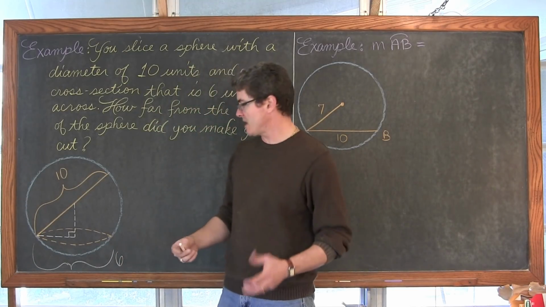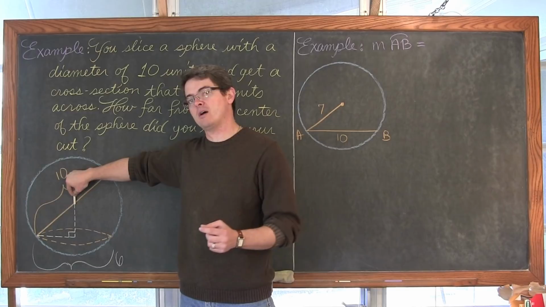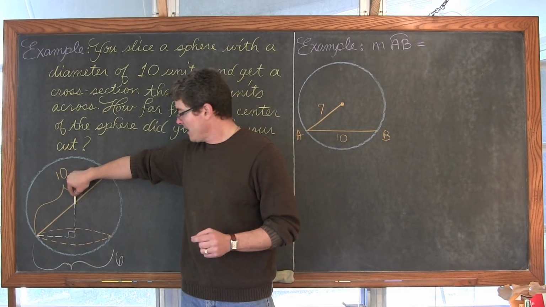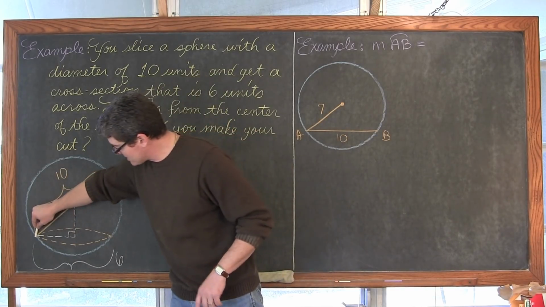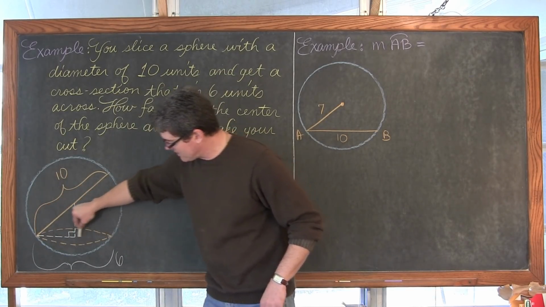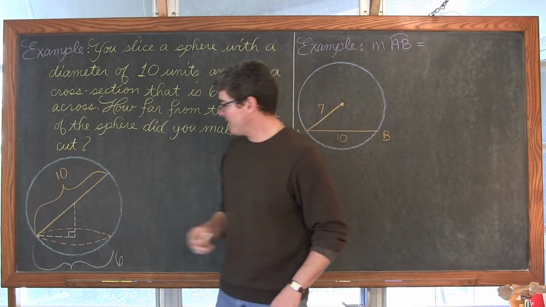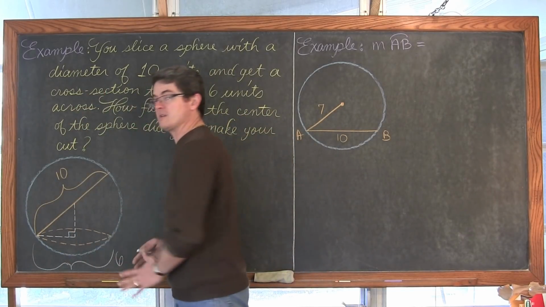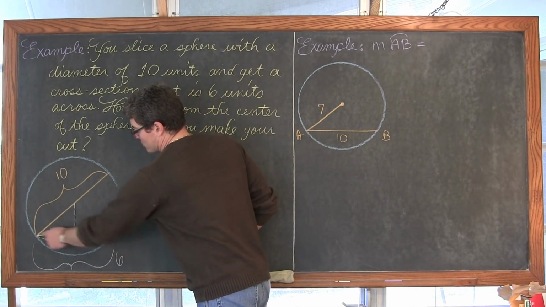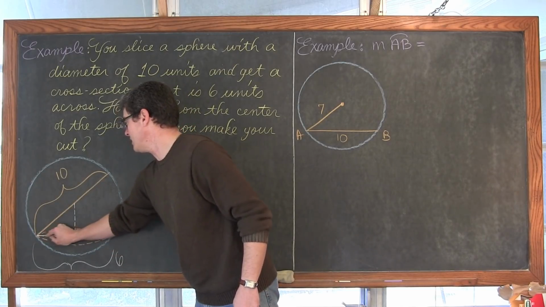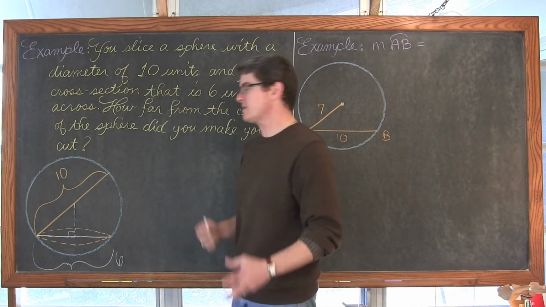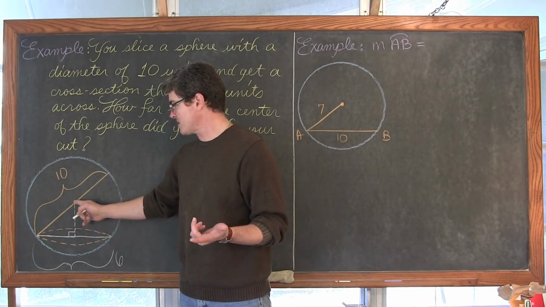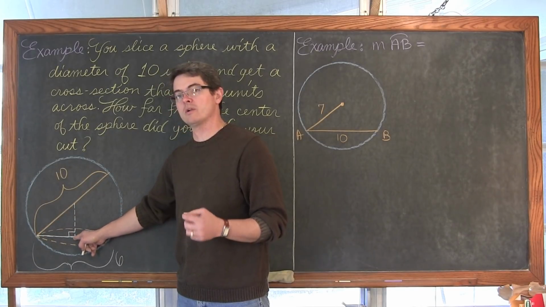And once again, for the third example in a row, we have a segment coming from the center of our sphere, coming down and intersecting here in a perpendicular fashion. That's how I'm measuring it. Even though this is a sphere, this is a cross-sectional part, and we've got a portion of a chord. That chord is 6 units long, the diameter of our cross-section, which is a circle, and we're intersecting it because I want to measure the distance between the center and that chord, and it's perpendicular.